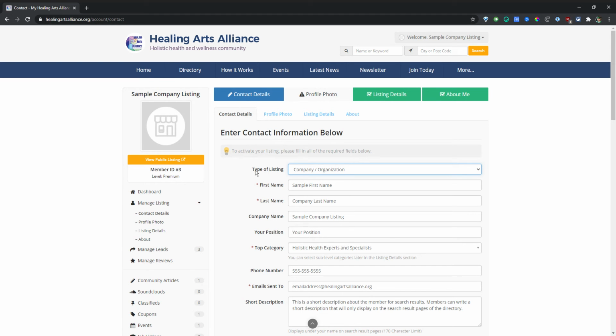The difference really is if you were just an individual practitioner working under your name, then you would want to set it to a personal individual level. But if you're working behind a company name and you have a logo and that sort of thing, you'd probably want to list it as a company. That allows you to have a company logo as well as a personal photo, which you'll see in the